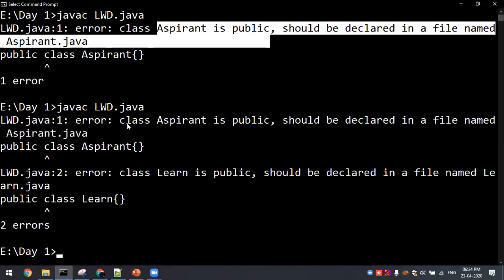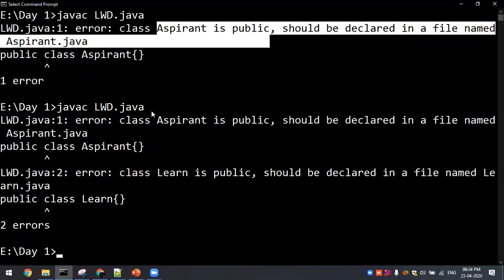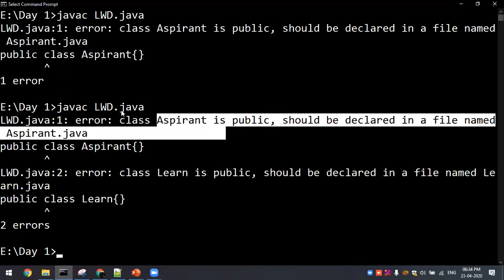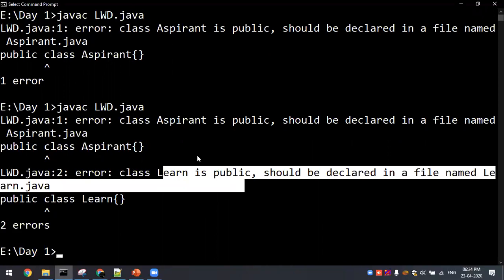This time, the next change, both classes are public. If aspirant is mentioned as public, it may be the public file name, and if learn is public, you are supposed to maintain that. So this time you will get an ambiguity.